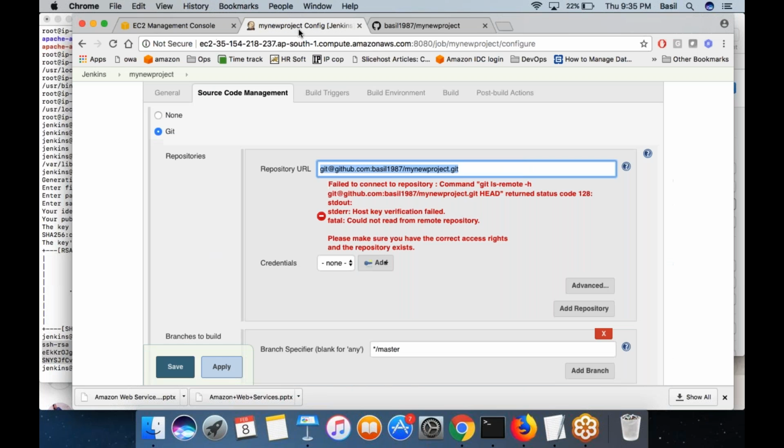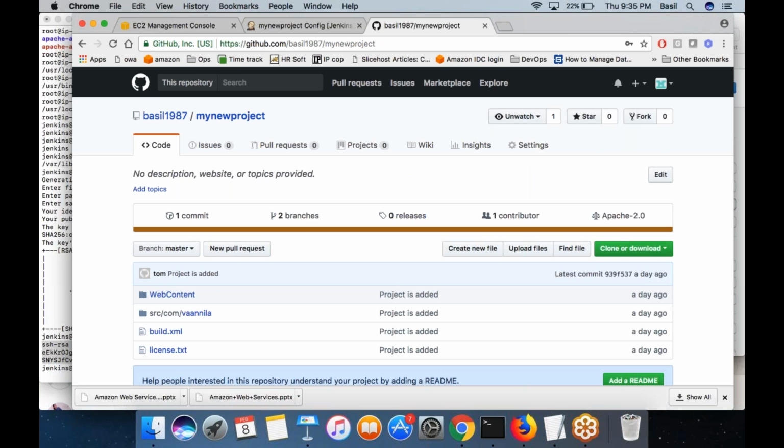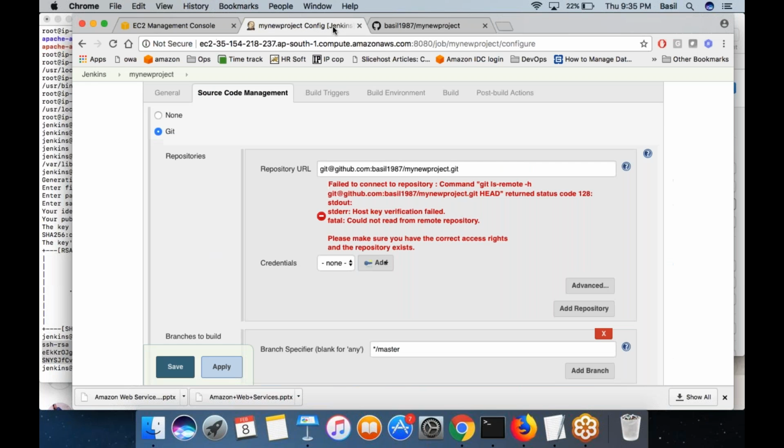Okay, but that is not enough. If you simply created the key pair and imported that into GitHub, that is not enough. Jenkins wants to know where the private key is located. Actually, what credential Jenkins should use in order to connect with GitHub, that you need to explicitly tell Jenkins. So click on add credential,